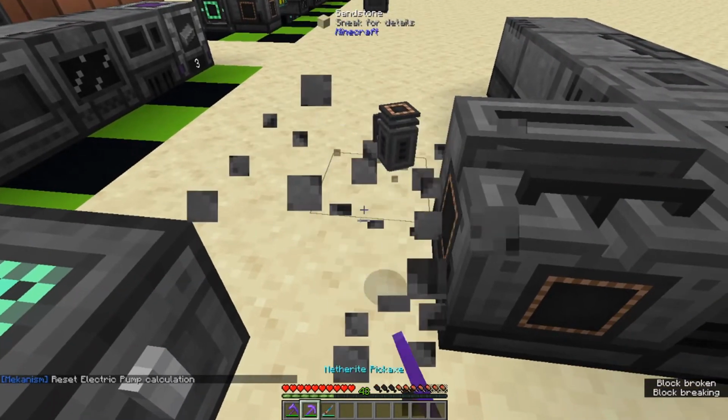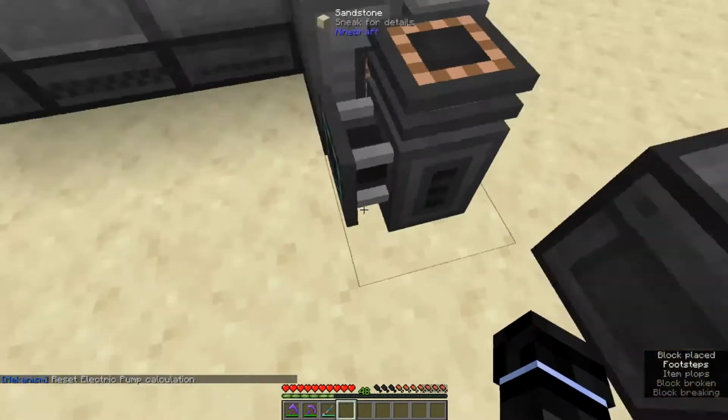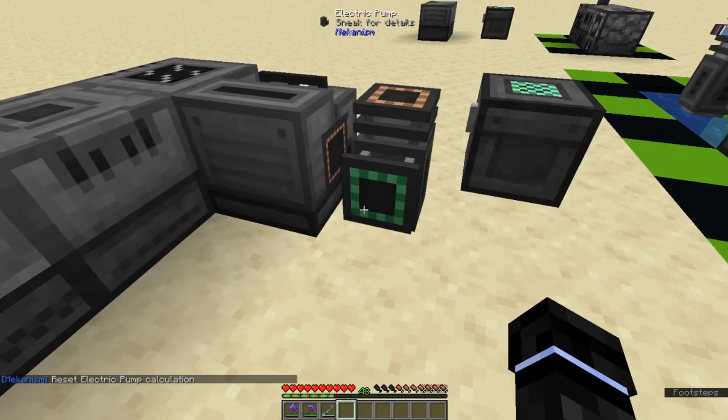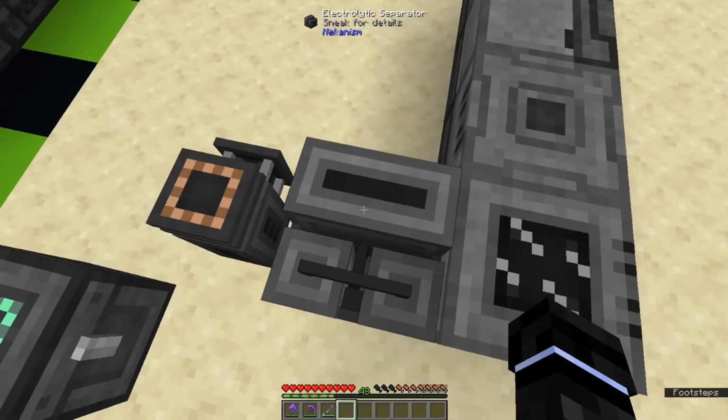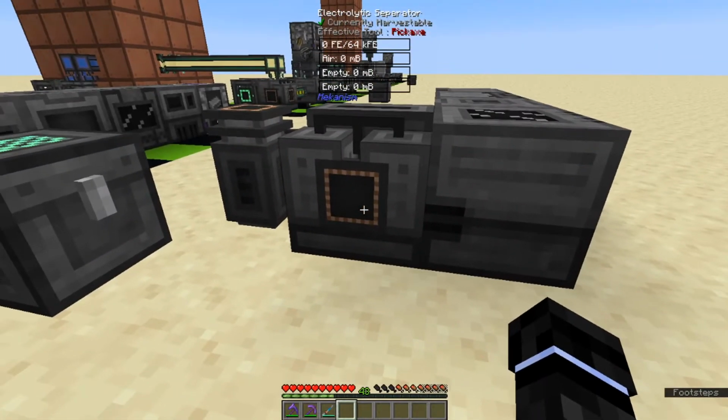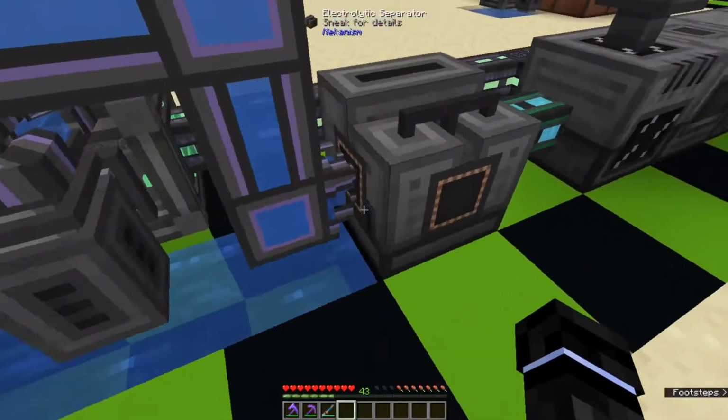Let's see, this side is the power side, the green side. So keep that in mind. Output to the top, and then you want input into the Electrolytic Separator. I think this is technically supposed to be an input, but as you can see, you can input into any